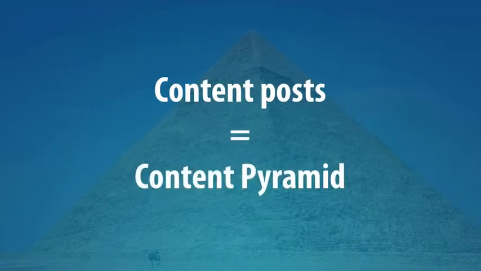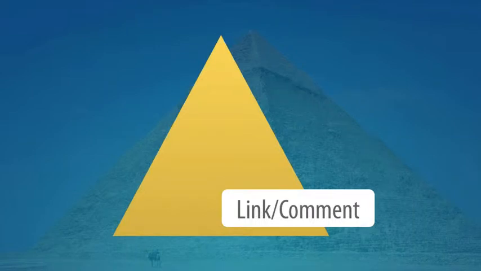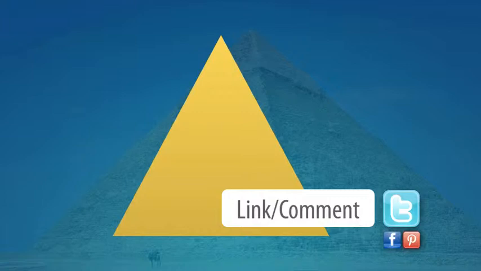At the bottom of the pyramid is the links and brief comments that you're sharing on Twitter, like we showed you with the audience building technique in the previous video. There are actually other channels that you can share links through, like Facebook, Pinterest, and others, although you do have to treat each of them a little differently, which is why in these free videos we chose Twitter as a starting point, because it's the easiest one by far for you to understand and also the safest one for you to use. But there's another level of leverage that you can apply here. In fact, even with other people's content, there are several levels to the pyramid.